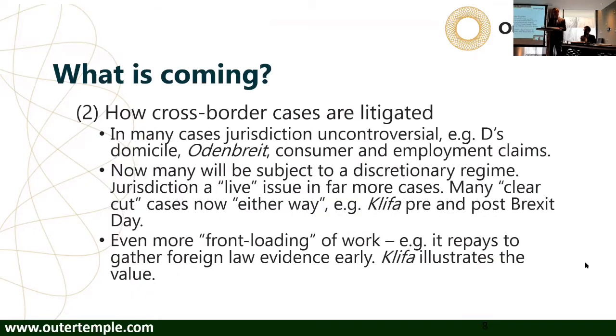Next, please. So the next what next point relates to the knock-on effect that has on how cross-border PI cases are to be litigated. In cases where the defendant was EU domiciled, which probably the majority of cases that cross-border PI lawyers would have dealt with before, jurisdiction was uncontroversial because it was as of right. Key examples being you could always sue the defendant where they were domiciled, and then in an Odenbright claim could always sue in their